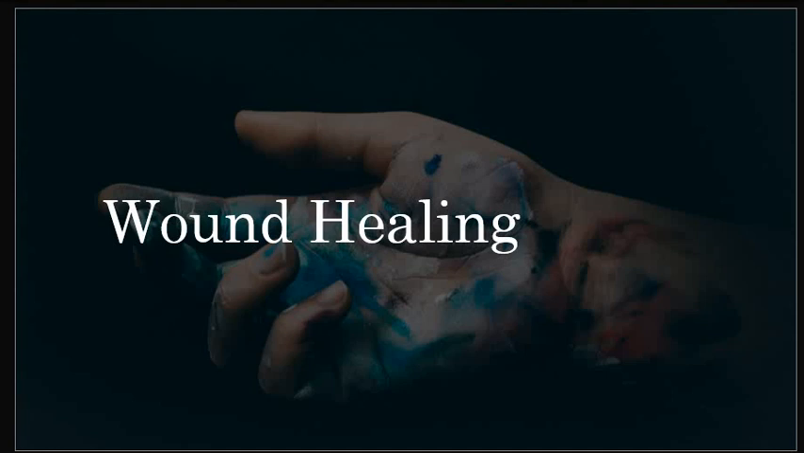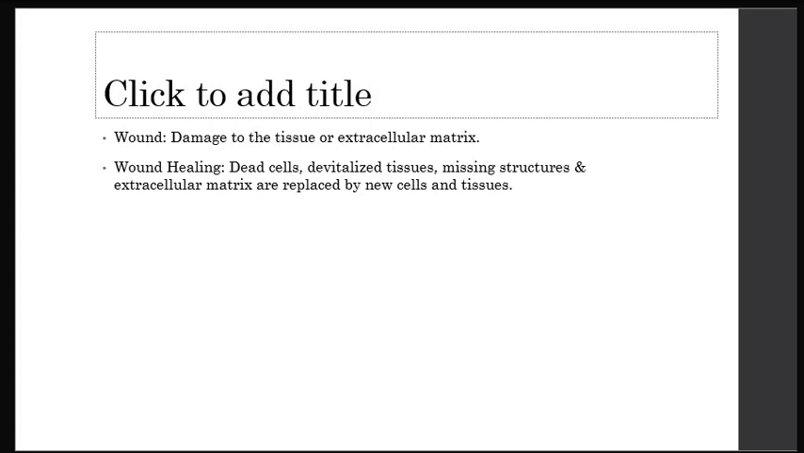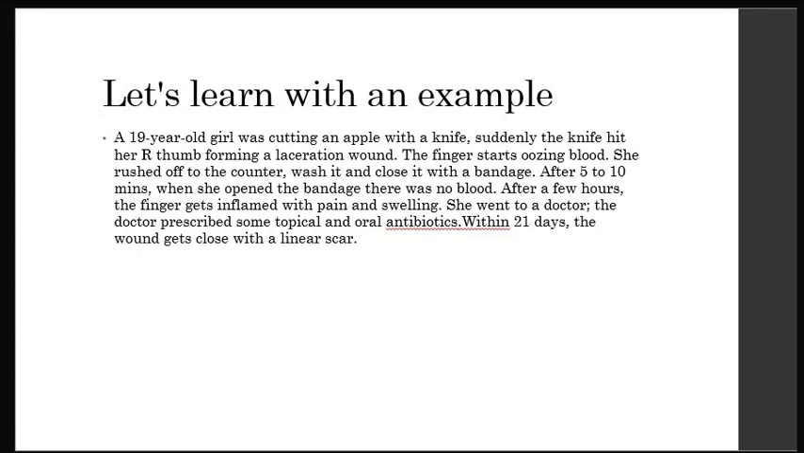So basically, a wound is damage to the tissue and extracellular matrix, and wound healing is the repairing and replacement of that damaged tissue and extracellular matrix. The whole process is known as the wound healing process. We will discuss it with a scenario that will help us understand the phases of wound healing in a more precise manner. Okay, a scenario that we usually encounter in our daily routine: a 19-year-old girl was